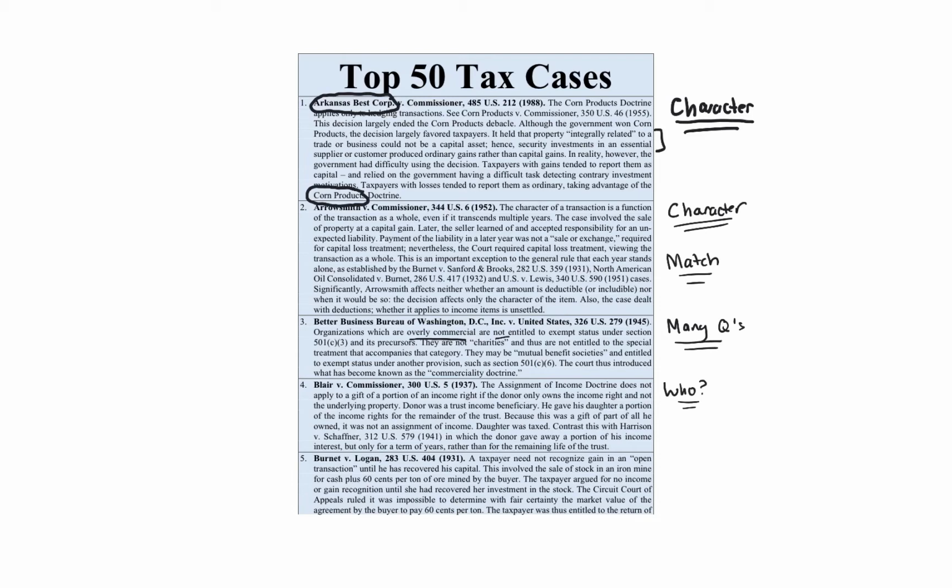He or she or it that owns the tree is the one that gets taxed on both the tree and the fruit. So we're going to talk about Helvering v. Horst, and this is the best one to explain this topic. In Helvering v. Horst, what happened is the taxpayer at issue received some coupons from a coupon bond.